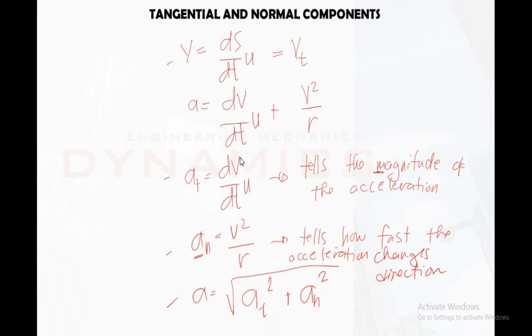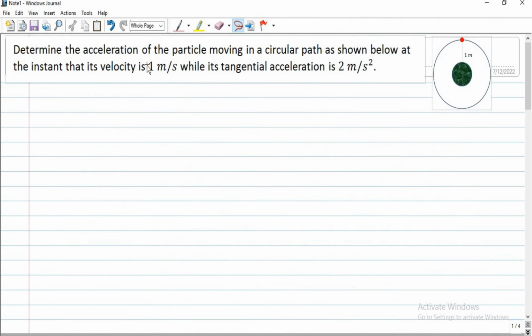To further understand itong mga formulas na ginagamit natin for tangential and normal components, let's have some examples. So, determine the acceleration of the particle moving in a circular path as shown below. At the instant that its velocity is 1 meter per second, while its tangential acceleration is 2 meter per second squared. So, to solve for this one,